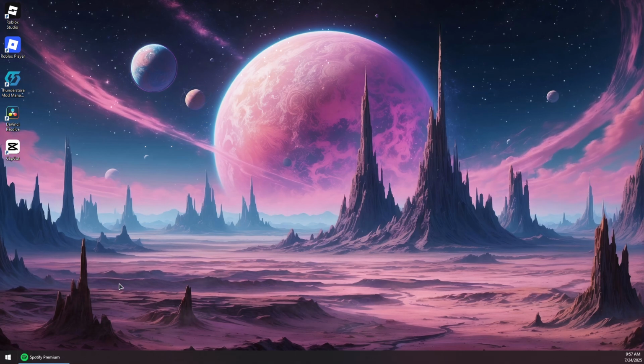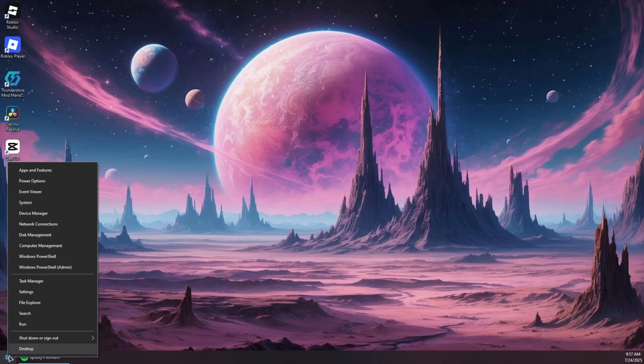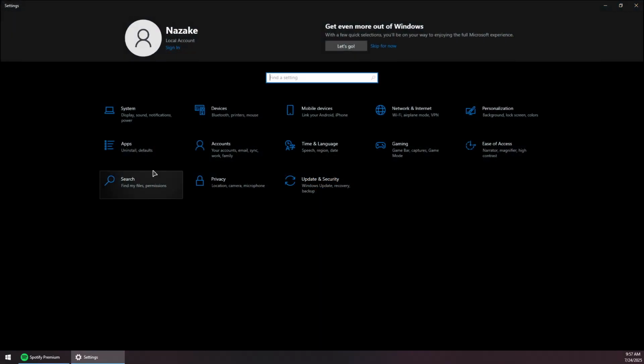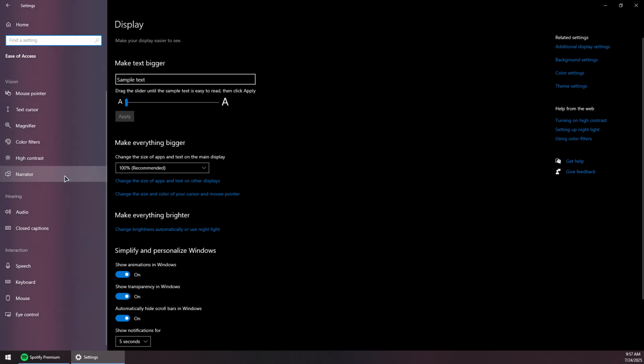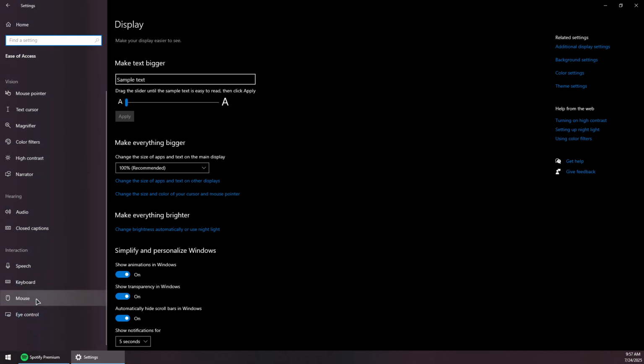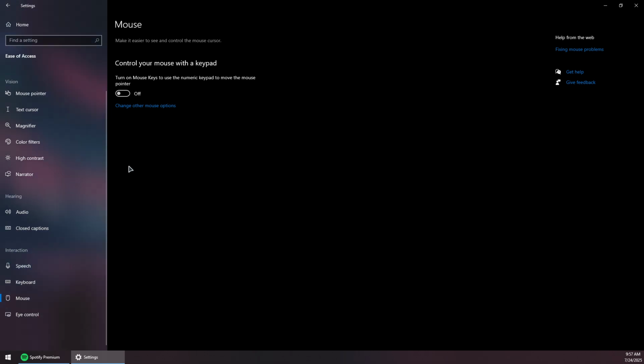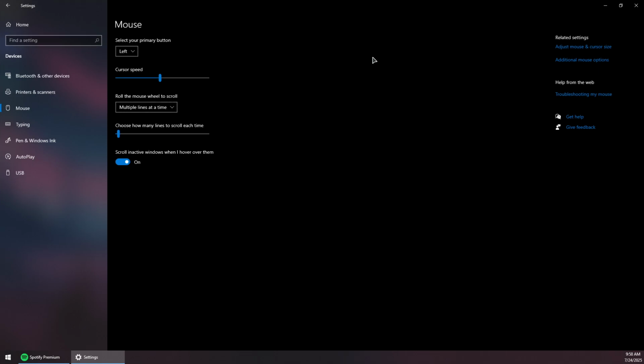So to change the mouse cursor size, you want to right click on the start button right here, go to settings, and then click on Ease of Access and simply scroll down. On the left side, click on mouse under interactions, and then click on change other mouse options. Then on the right hand side, click on additional mouse options,